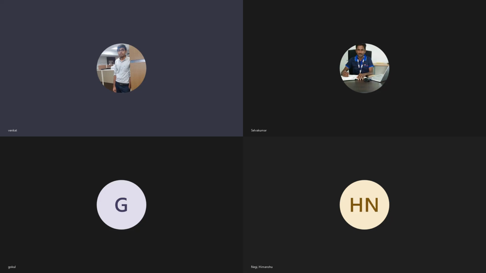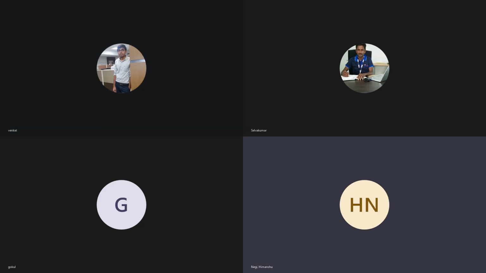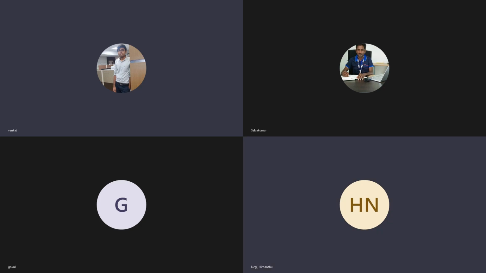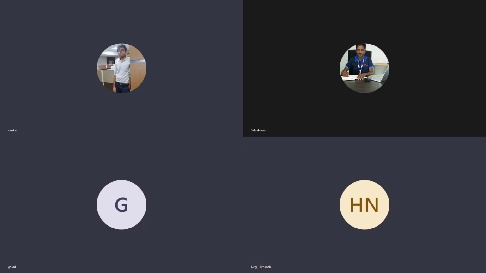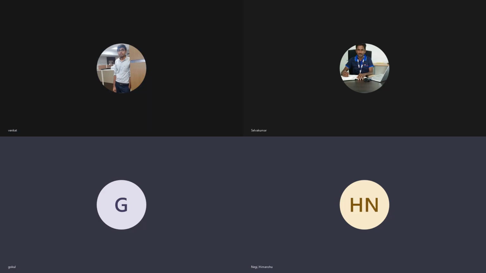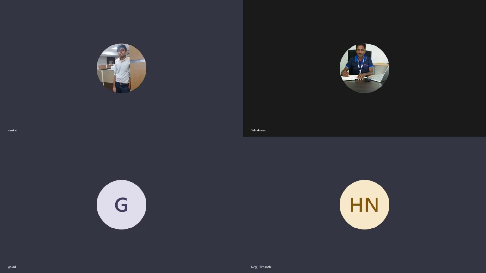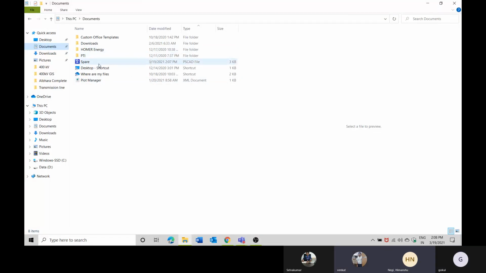Just wait for a minute, I will open again. Sorry, you closed your screen as well. Yes, I have closed. As I said, it asked whether you want to save the file or not. But you are not sharing your screen, that's what I mean. Venkat, your Microsoft Teams is closed, you have not shared your screen. Yes, you accidentally stopped your screen as well. It's okay now. Yes, it's good now.